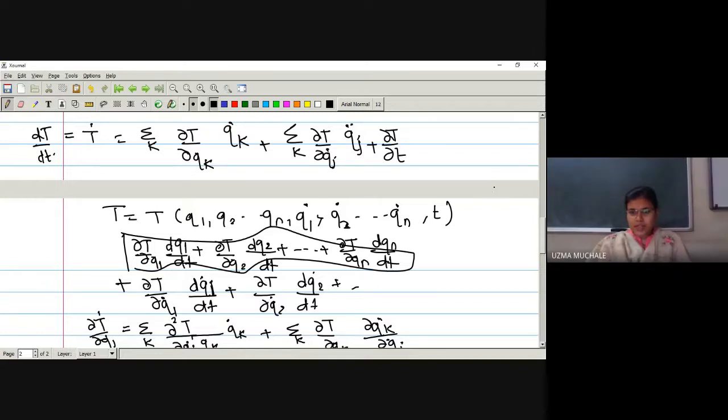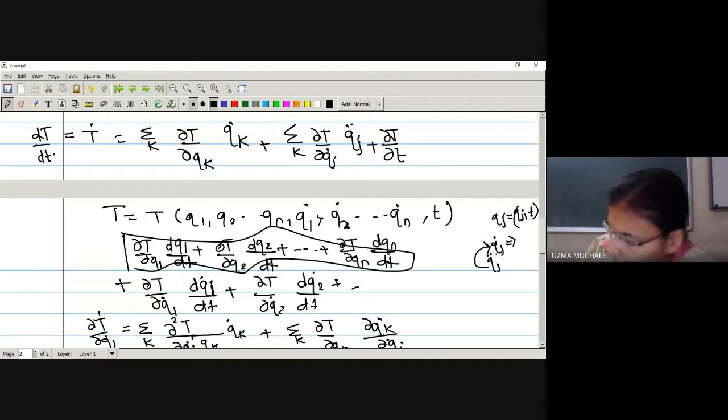So what we have is that q_j is a function of simply q_j and t, correct? Generalized coordinate is a function of generalized coordinate and time t. So if we want to evaluate q_j dot, next we will evaluate q_j double dot, right? So whether this q_j double dot will depend on q_j dot, think carefully and then answer it. And if you want to answer, you should give the reason also.